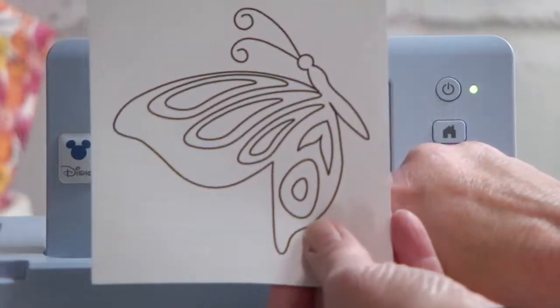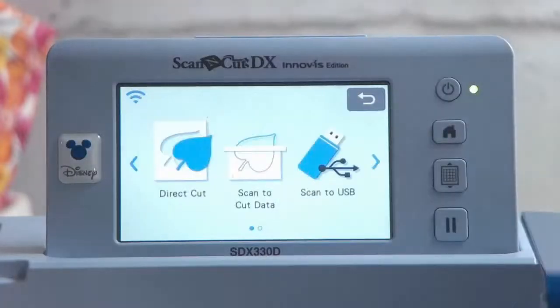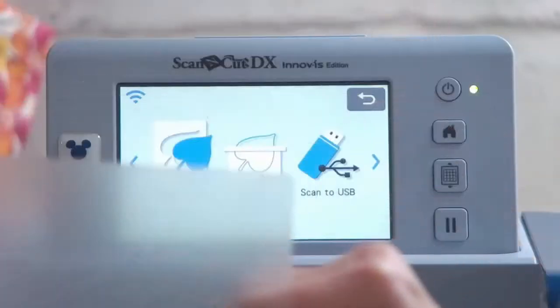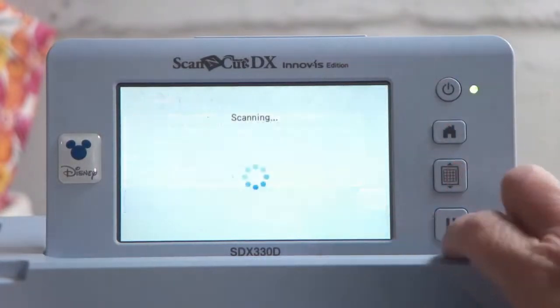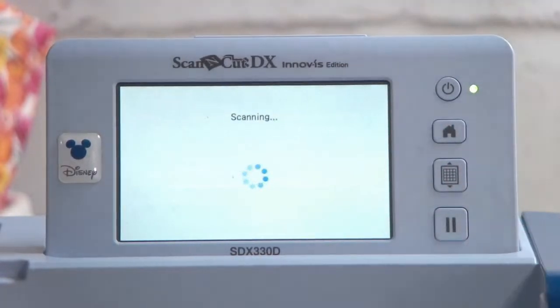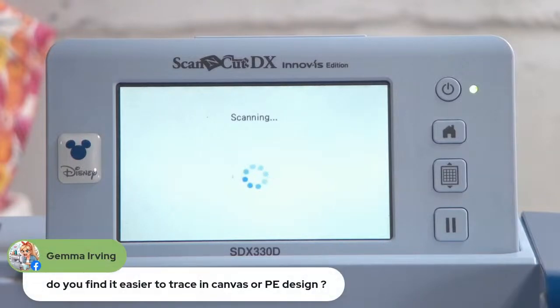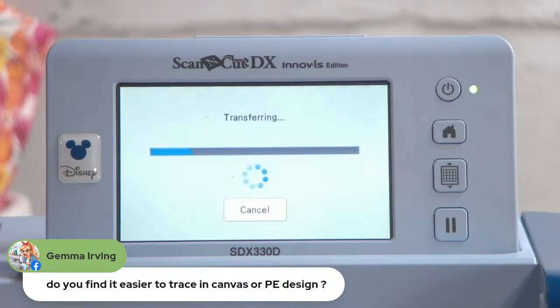All right, so this guy right here, I know will work. Actually, I prefer tracing in PE Design if I'm tracing an image, but it just depends. I think it's easier to do it there because I have different control keys that I can play with.